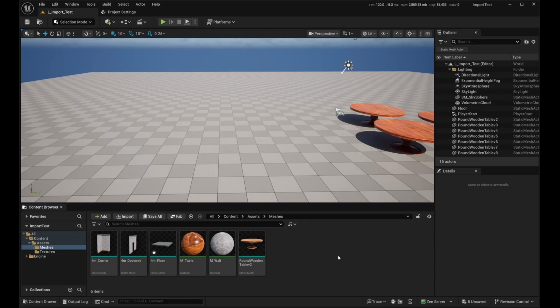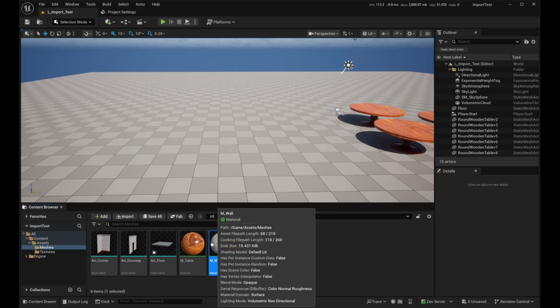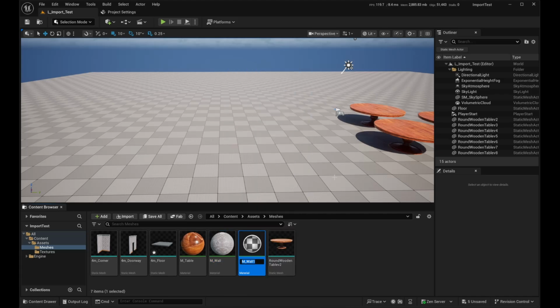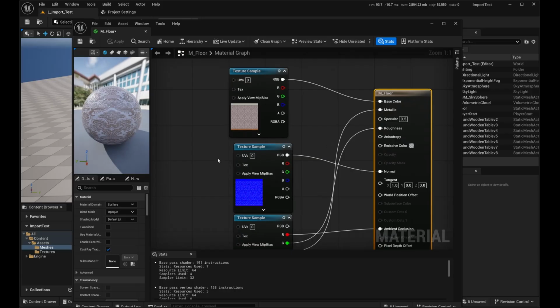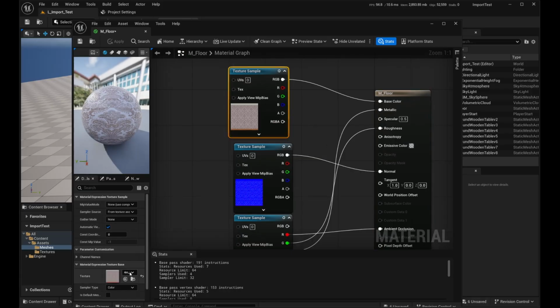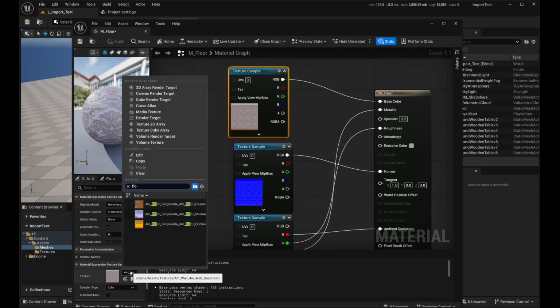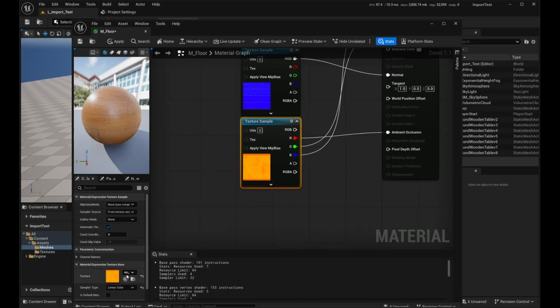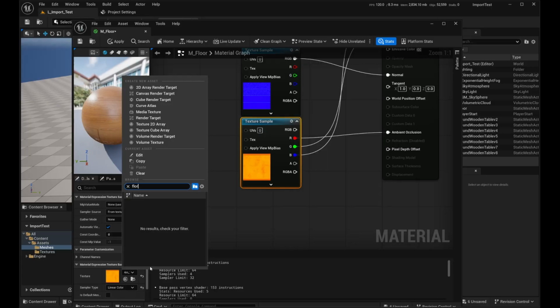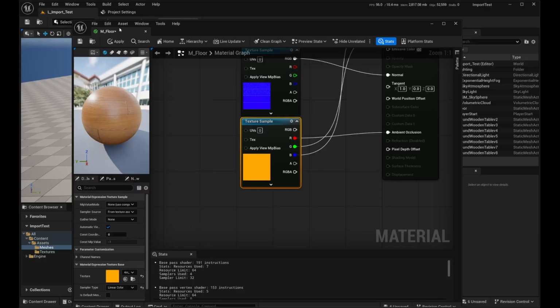why not, instead of creating a new material, just duplicate one of your existing ones? Here's the wall texture, here's the wall material. I'm going to duplicate it and rename it floor. Open up the floor material, and I can just change these texture samples by selecting the node and swapping it out for the floor base color, the floor normal, and the floor ambient occlusion, roughness and metallic texture. And that's my floor